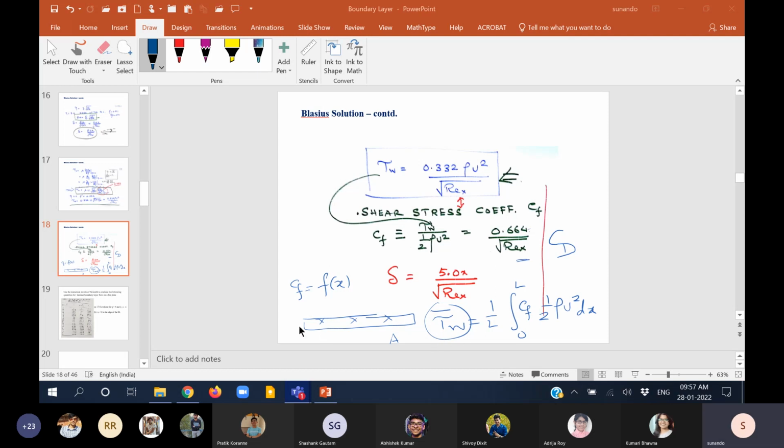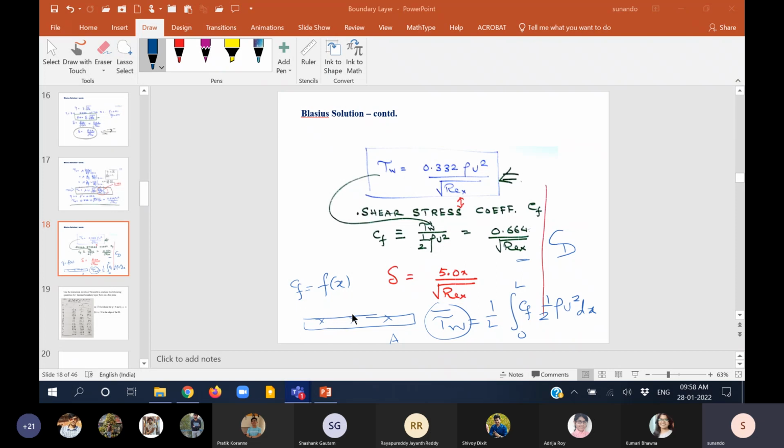Okay, so if you like to find out what is the total force exerted by a flowing fluid on a stationary plate, you need to integrate this between 0 to L, the entire length, with the expression which I have given here, and which is obvious. So the local shear stress multiplied by the area, and if I talk about unit depth, it is simply multiplied by dx and integrated from 0 to L, the entire length of the plate, which would give you what is the total force exerted by the flow